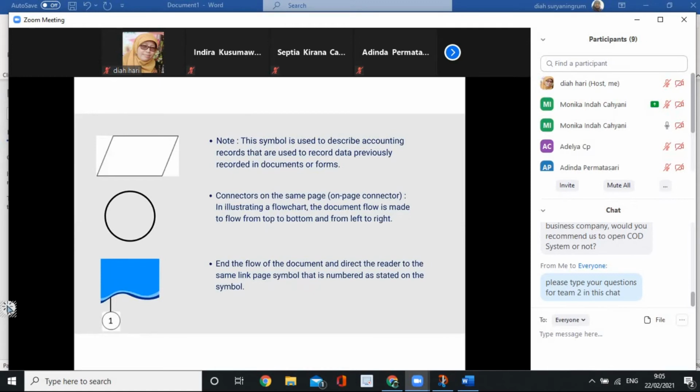And note, the symbol is used to describe accounting records, used to record data previously recorded in a document or form. And then the connector. The connector on the same page, or on-page connector: in illustrating a flowchart, the document flow is made to follow from top to bottom and from left to right. This is the example, and the flow of the document is directed to the reader to the same link page